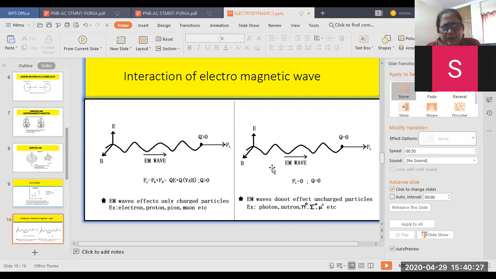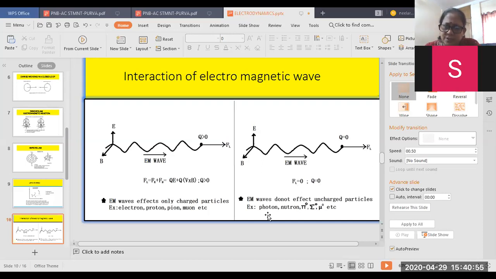Fine. So if I take Q equal to 0, that is, the particle does not have any charge, what is the effect of the electromagnetic wave on that? As the law predicts, if Q is 0, FL is 0. So you put Q equal to 0, FL becomes 0. This is a null vector actually, FL here, null vector. It doesn't experience any force.